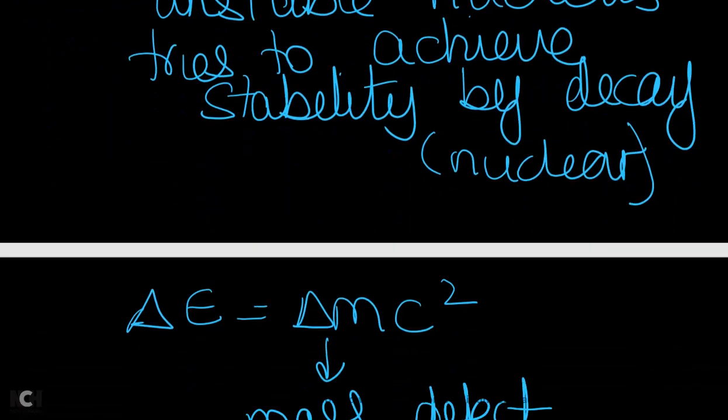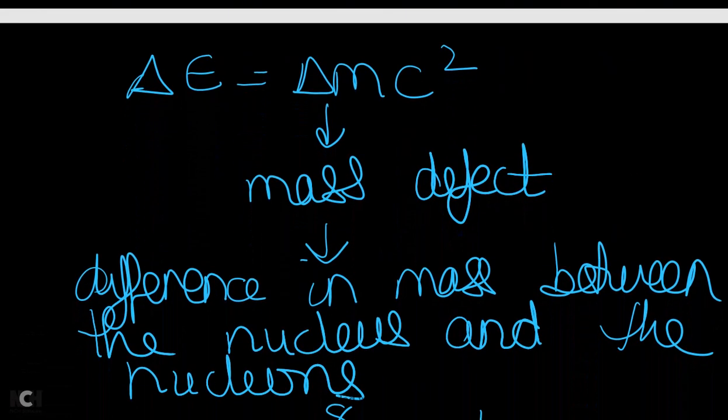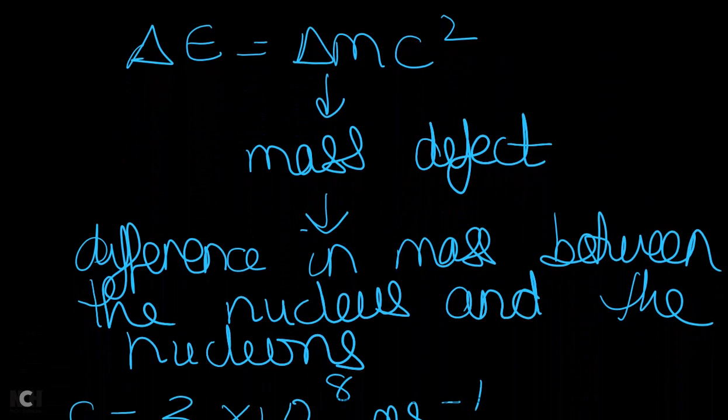When we talk about radioactivity, synonymous with it is Einstein's equation. The energy released in a nuclear reaction is calculated by delta m c squared. This equation came from the concept that Einstein said a change in mass is what is released as energy. The delta m represents the mass defect or mass deficit, and it's the difference in mass between the